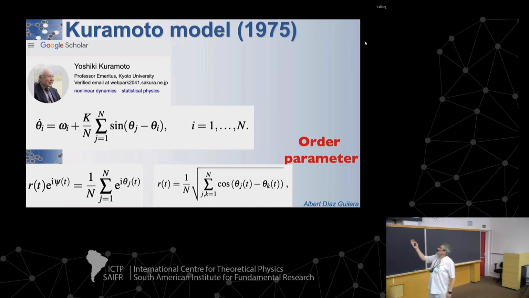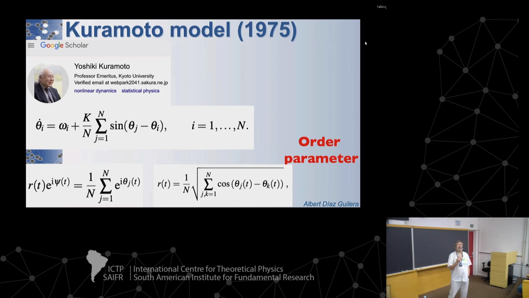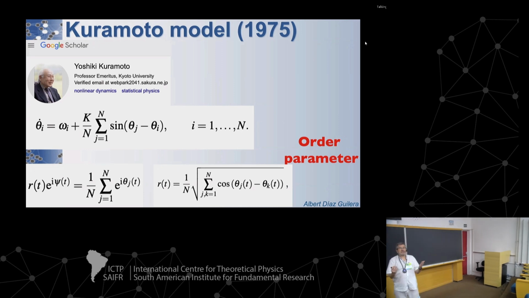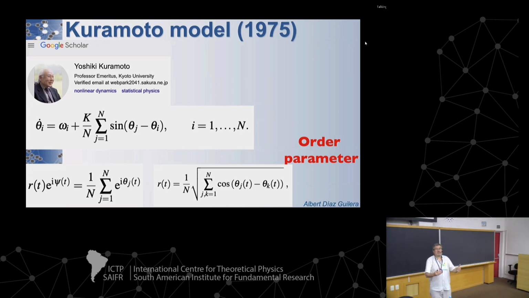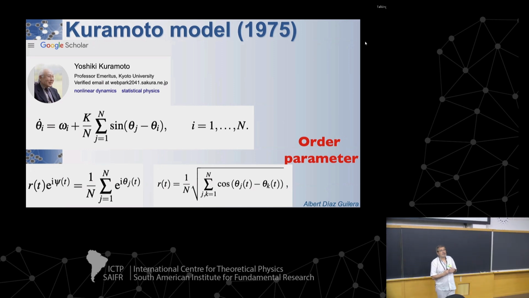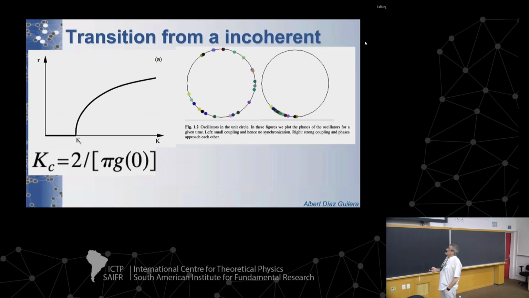And so you have a kind of balance, and the way to measure how close you are to synchronization is this expression here, which defines the order parameter. This was a very nice application from statistical physics at that time, because it was describing a phase transition. And of course, if we want to describe a phase transition, we need an order parameter. So one of the main contributions was to introduce such a quantity that could describe this transition very well. Okay, and then this is the outcome.